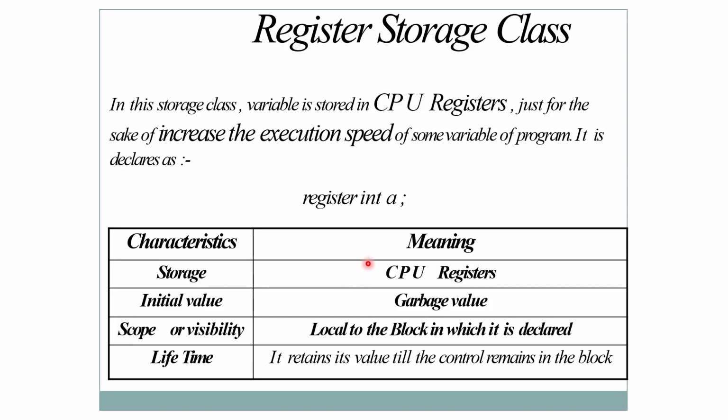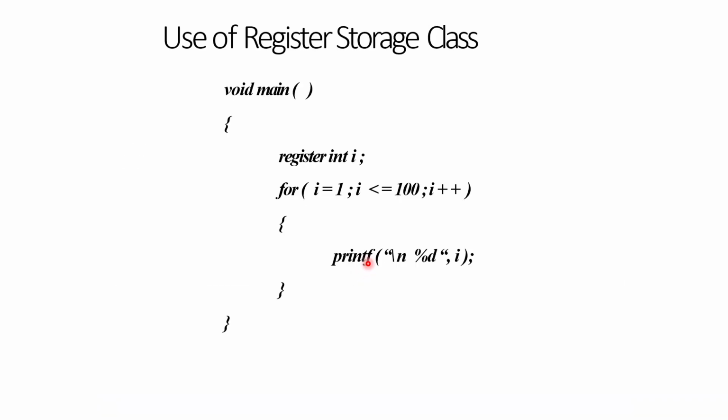That is the difference. And this is some program, but you cannot realize the exact difference if you declare a variable with normal automatic storage class or register storage class, because normally a computer runs in picoseconds, so it's not possible to realize exactly how much faster execution you are getting.